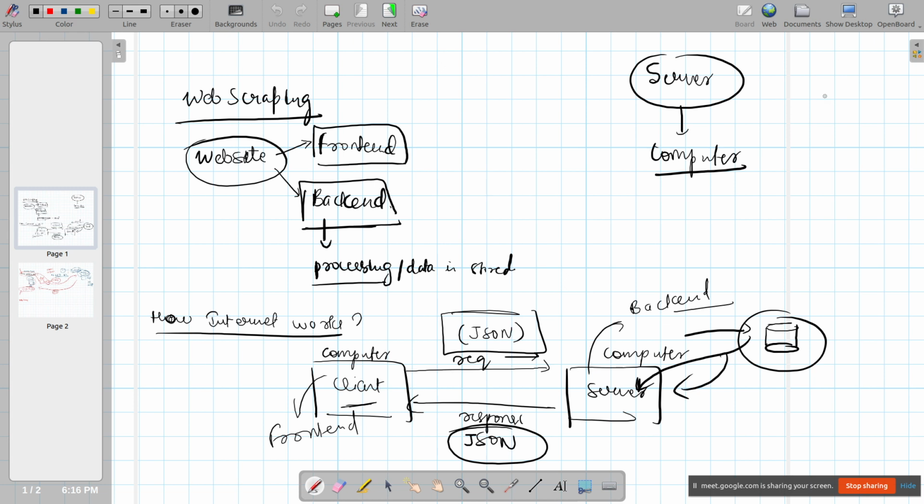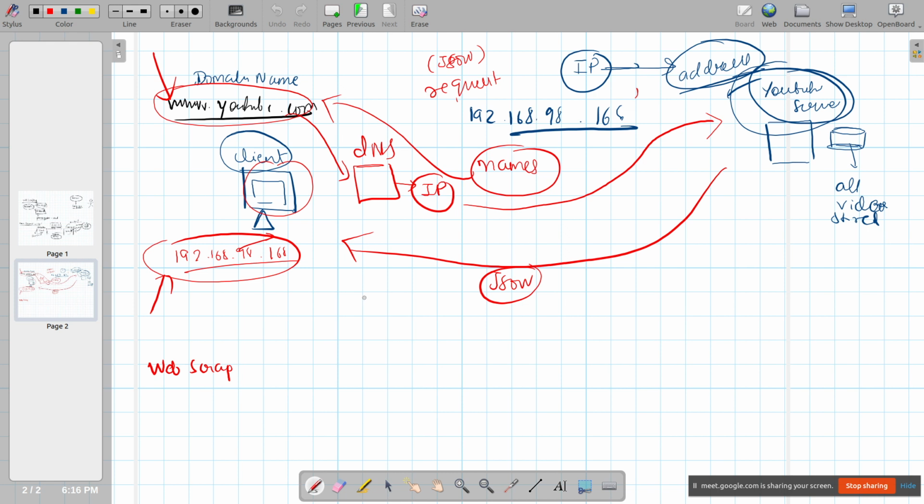So you can just consider that there are different languages that are used to create front end. If you want to create your own particular application which has the front end, where the data is getting displayed. See, the server will send data in which format? JSON format, right? JSON will look like a dictionary. It will have some key value pairs, like the title of the video, XYZ, something like this. So it will be sent in the form of a dictionary.